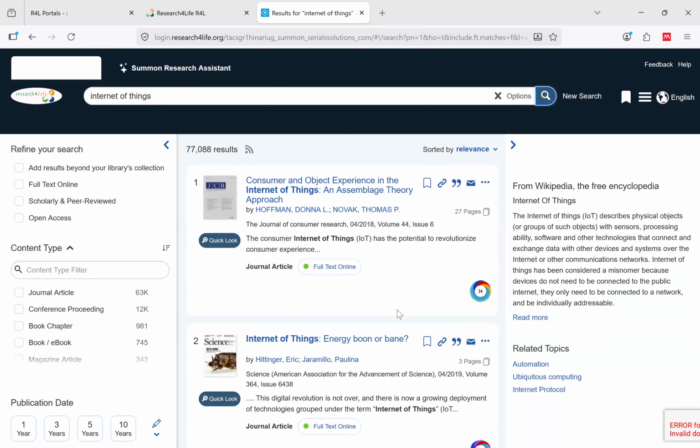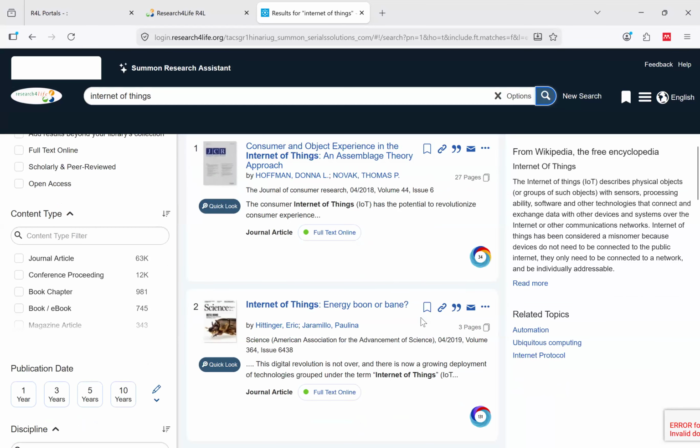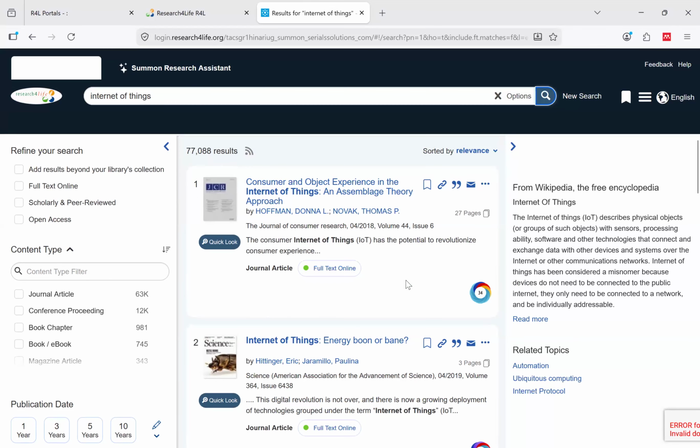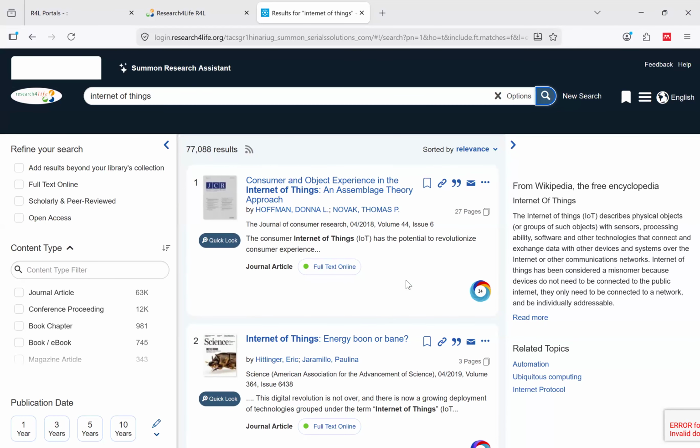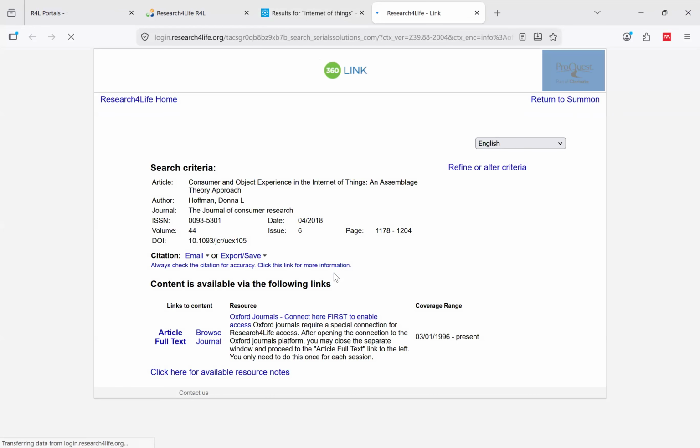Let us look at our first article, Consumer and Objective Experience in Internet of Things. It does not have an obvious PDF. So in this case, what do you do? You're going to click on the full text online. This is how it displays.